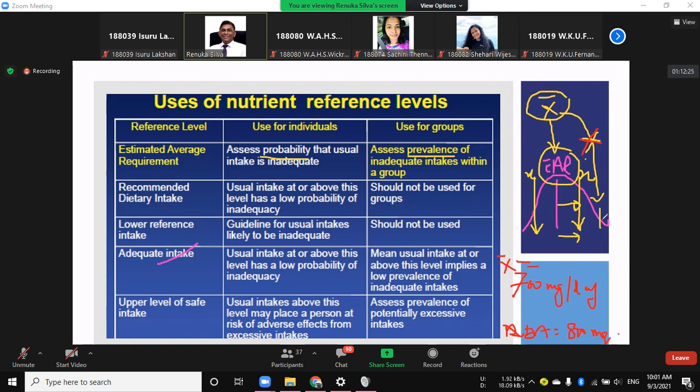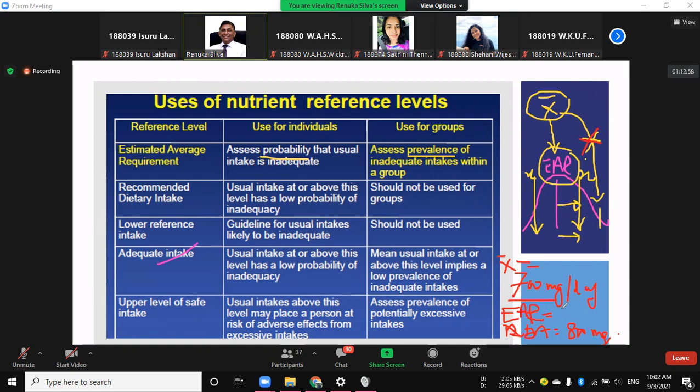As a class, you consume 700 milligrams. I should not compare that 700 with 800 and say that this class is deficient in nutrient, or you are not eating enough calcium. No, that is wrong. I have to compare this 700 with the EAR value, that's the middle value,